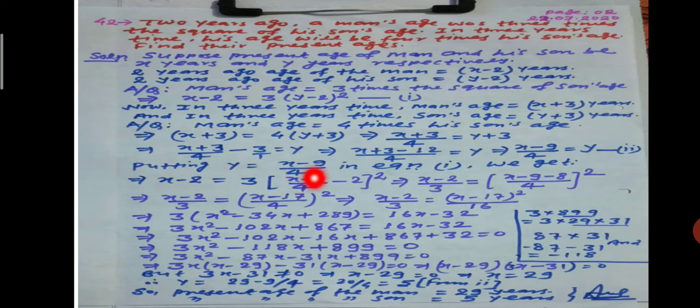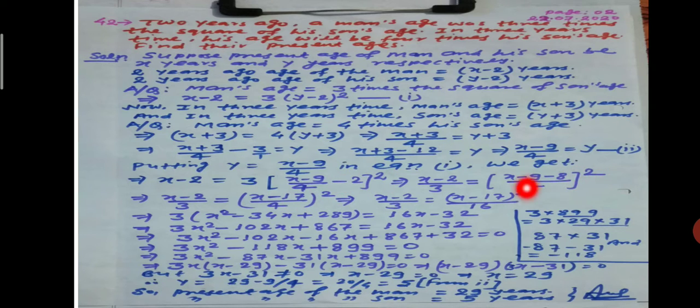Now putting y is equal to (x minus 9)/4 in the first equation. In this equation we have to put the value of y here. Then (x minus 2)/3 will be equal to (y minus 2) whole square, so at the place of y we put (x minus 9)/4 minus 2 the whole square. That is, (x minus 2)/3 will be equal to, take the LCM of 4 and 1, which is 4, (x minus 9 minus 8)/4